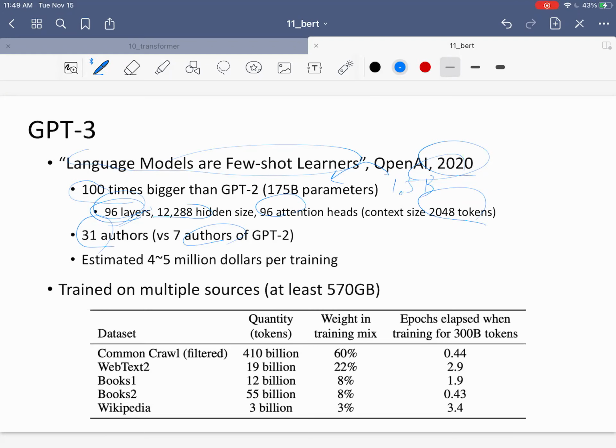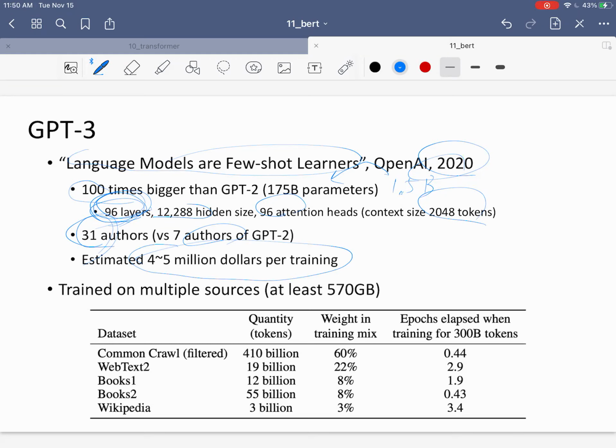technology to train GPT-3 in a parallel fashion, in a distributed manner, because you have to distribute a single model into multiple GPUs, because you can't fit 96 layers of transformers into one GPU. Your VRAM would explode. So you have to distribute them into at least dozens of GPUs, or maybe hundreds of GPUs. So a lot of engineering effort went in, and hence the 31 authors compared to 7 authors. And it is estimated that they spent a lot of money, about 5 to 10 billion won on electricity,